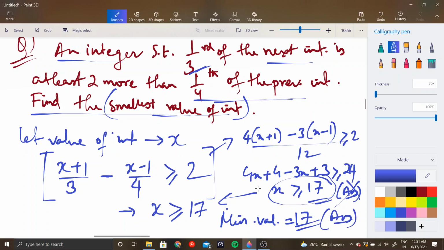You cannot give an inequality as an answer when they are basically asking for the smallest value. They are asking for a specific value. So you need a specific value in the answer. Okay. Keep this thing in mind, right? So this basically covers up all the concepts that you need.